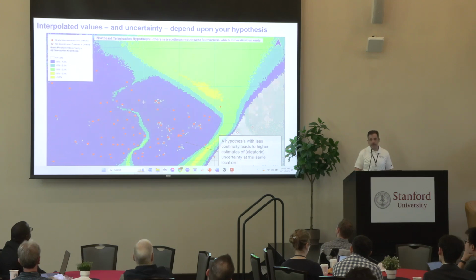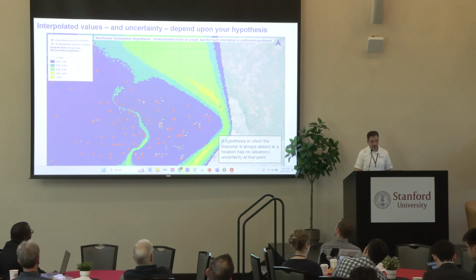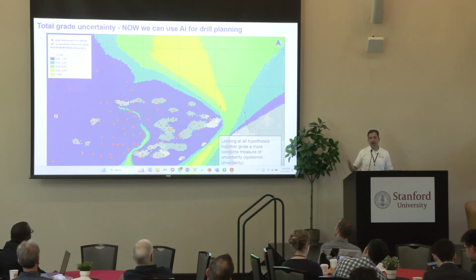Here's a different hypothesis. I don't want to go into the details of the hypothesis because David just told me I'm running over. But the point is there are all kinds of geological features that could have major impacts on the extent, the orientation, et cetera, of mineralization here. And so you can see here 2 different hypotheses. They look very, very different, and they give you different uncertainty fields. And here's a third one. And it's only once we combine the uncertainties across all of these models that we get something that much more honestly represents the true uncertainty in this area, right?